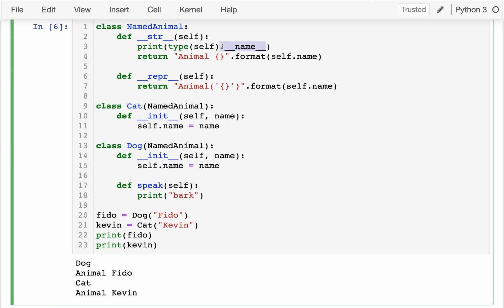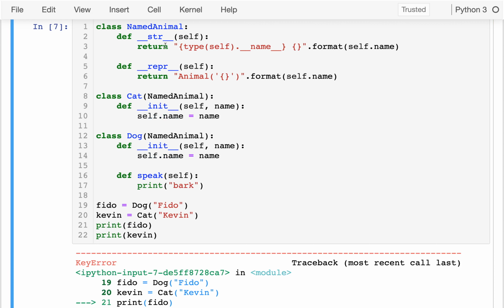So remember that classes have both methods and attributes. Just like we have special methods, we have special attributes, and they kind of have the same weird naming with the double underscore. Okay, so I think what I can do now, since I'm able to get dog or cat and figure out what it is, instead of saying animal here, I can just put this, just like so, and so I can run that, and